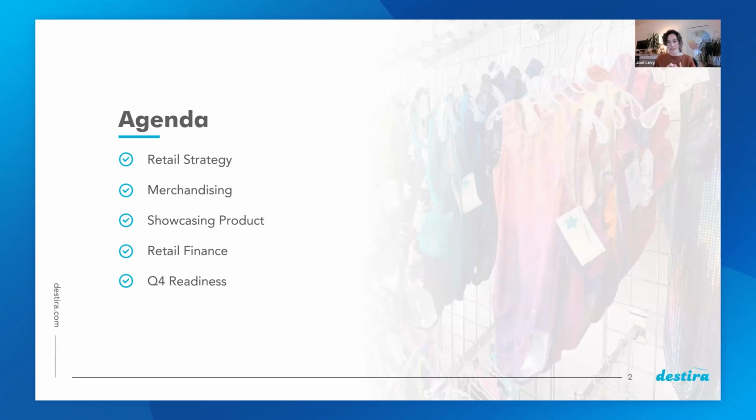Second point is merchandising. So what do you buy and who are you buying for? The third piece is showcasing products. So how do you sell it? What does your display look like? What are the key components that you should be thinking about on a daily basis around showcasing product to increase